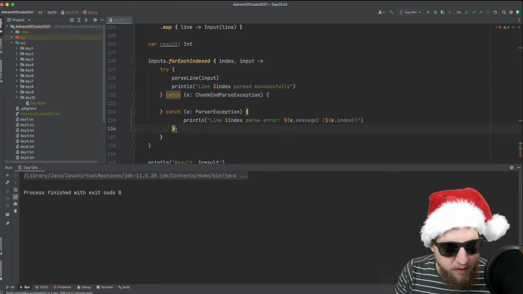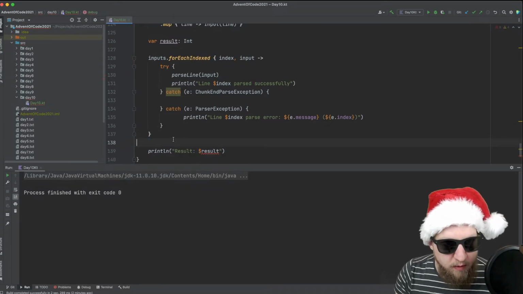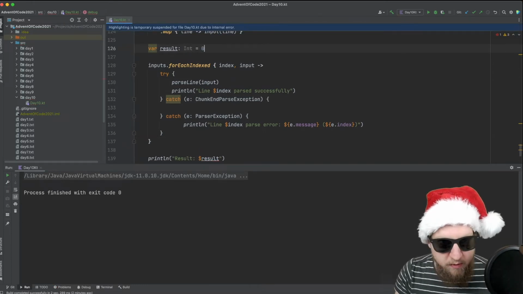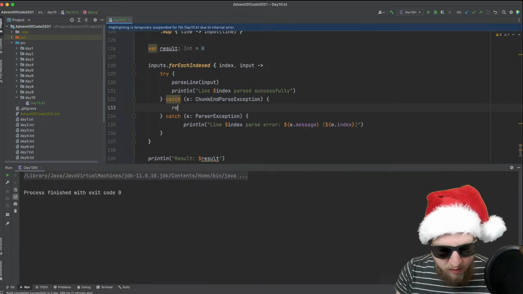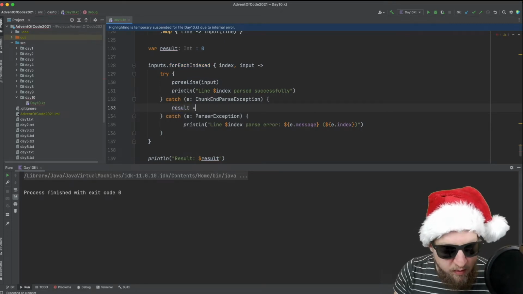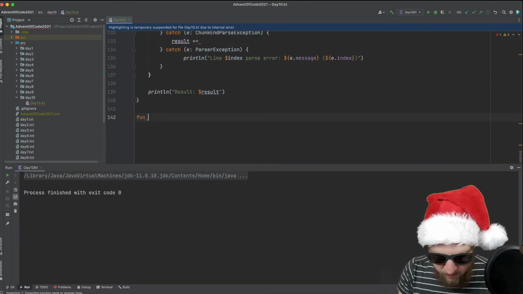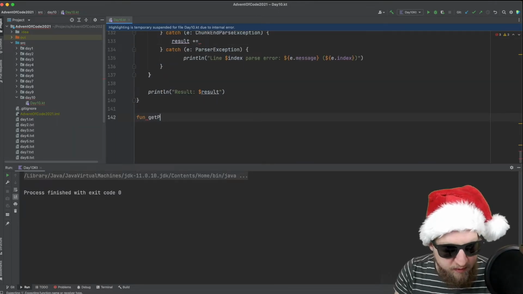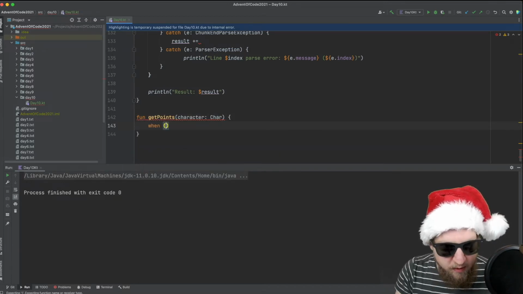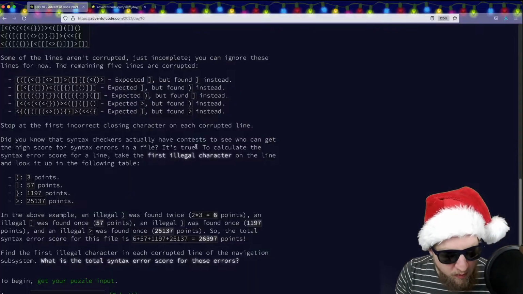Oh, there's something wrong with the brackets here. Okay, like this, and start with the result of 0. And then here we add, let's create a quick helper to get the points. Get points for a character when